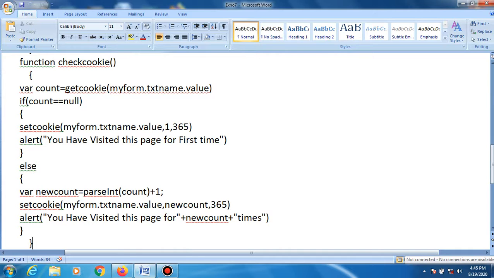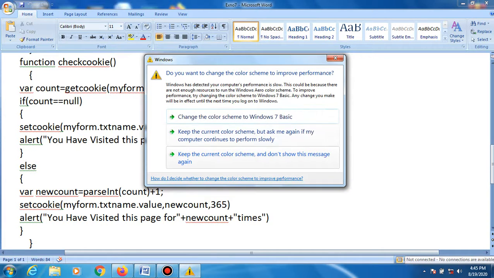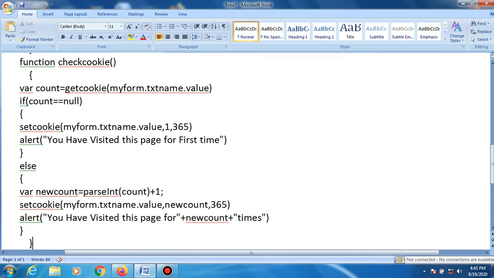This is an if condition, which is count equal to null. So when the count number is 0, you have visited this page for the first time, and that message will be displayed. When you click the first time, the message will be displayed as you have visited this page for the first time.